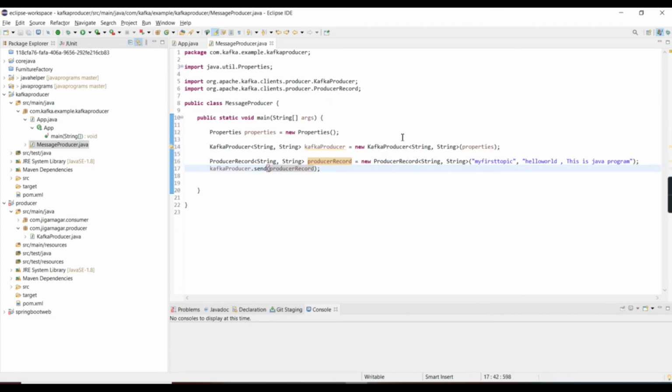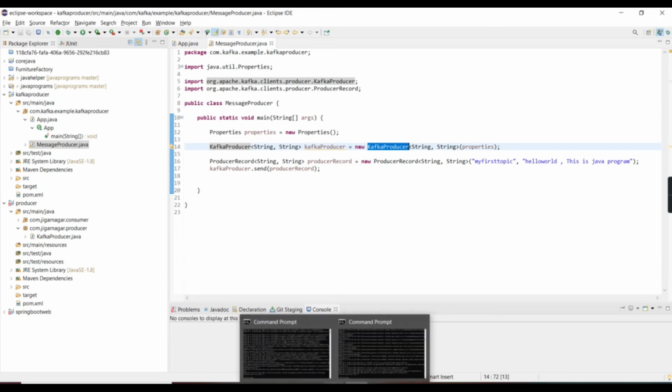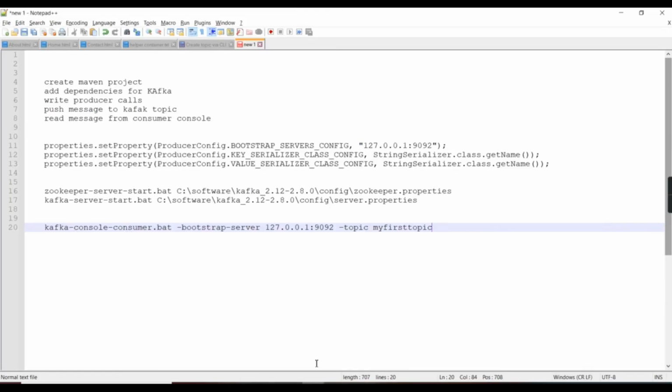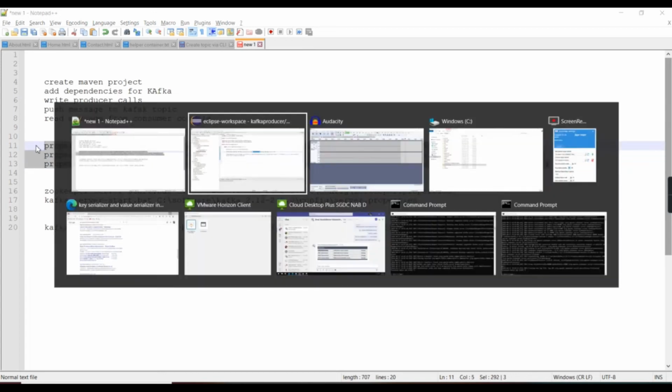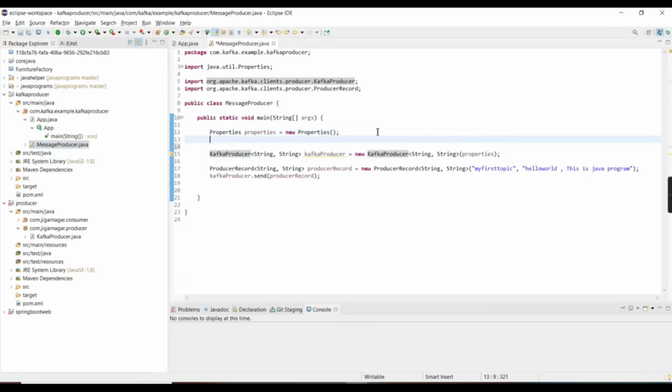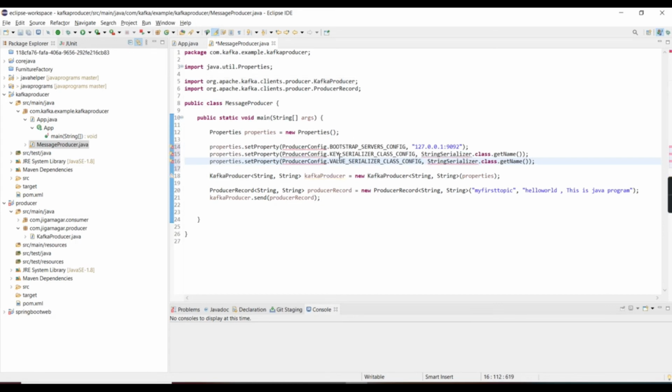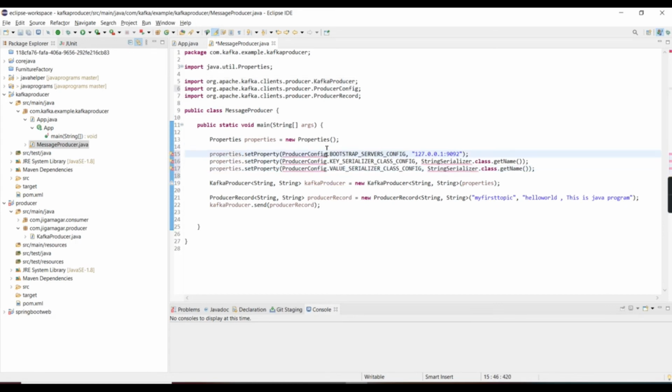There is no compilation error, but we have to add all the details which are required to run the Kafka producer. As I said, in the bootstrap, you remember I always gave you the broker name and all this. So again we have to give the broker name. So what I will do, I already did it, so let me copy this and add it over here, then I will explain what the properties are.